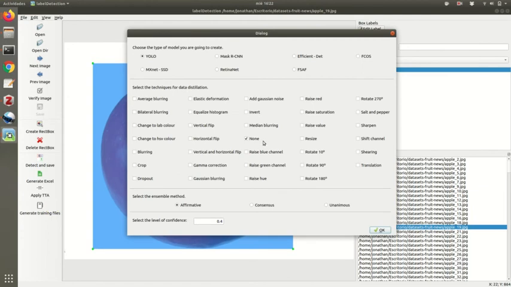Okay, so for instance we can create an object detection model using the Mask R-CNN algorithm. So we select that. We can also apply data distillation. Data distillation is a technique that allows us to train a model using images that were not annotated. So we have to select the transformations that we want to apply to these images, for instance this one, and also the ensemble method, that can be this one. So now we press OK,